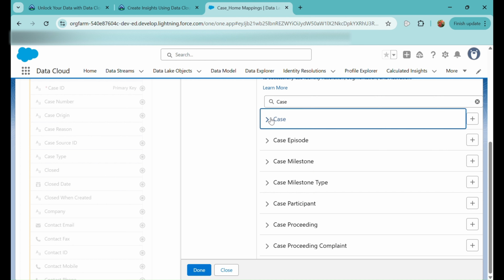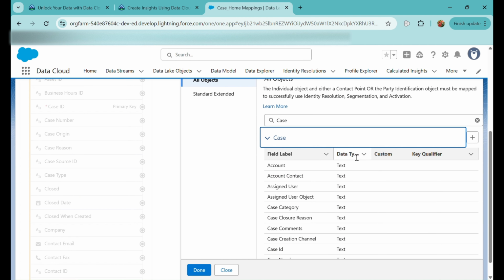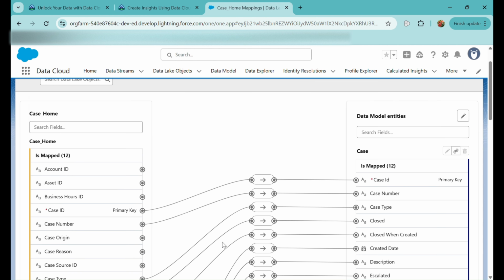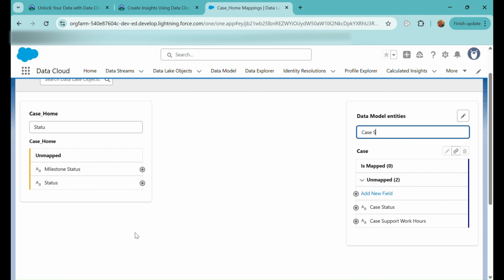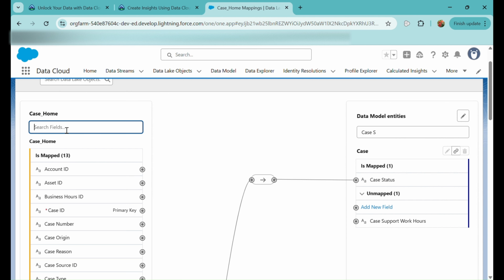So here it is. You can see all the fields under this object, and I'll click on this plus icon and then click on done. After clicking on done, some of the standard mapping it has already done, but the rest which we need to do is status. We need to do it with the case status. So I'll select this and this, and here I will have to select